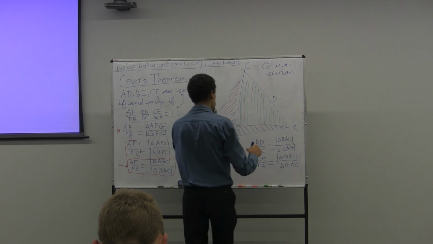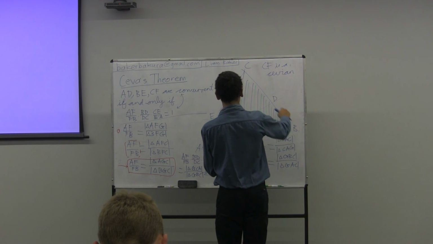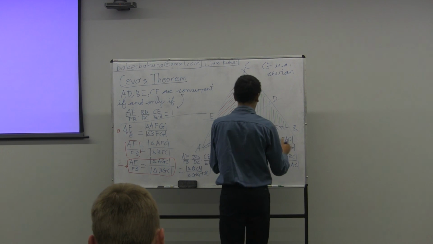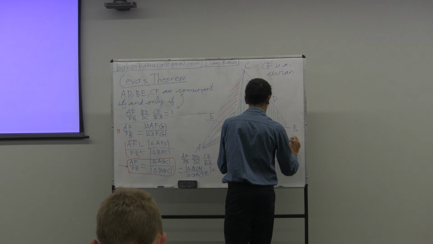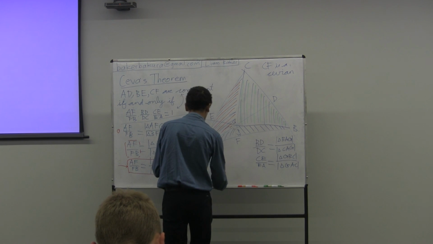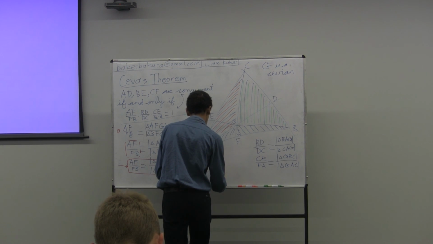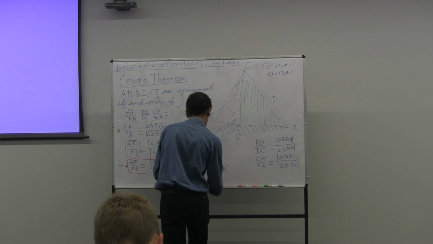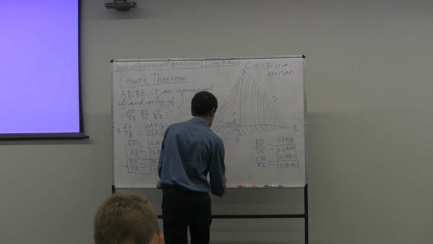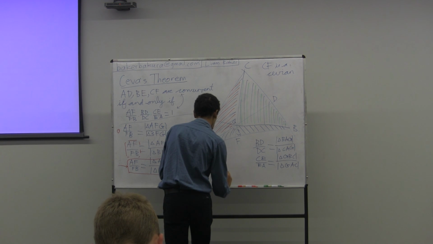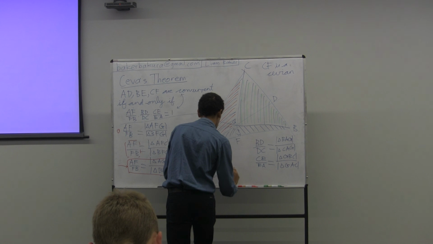Wait, that's not BAC. BD, and that should be BAG. There we go. So triangle GAB over the area of triangle GCA times